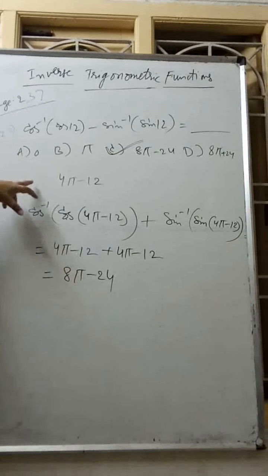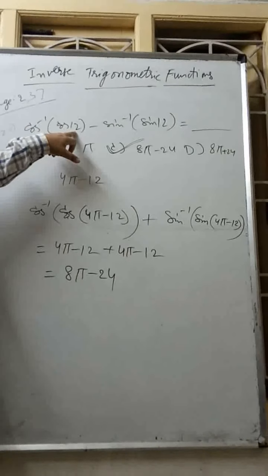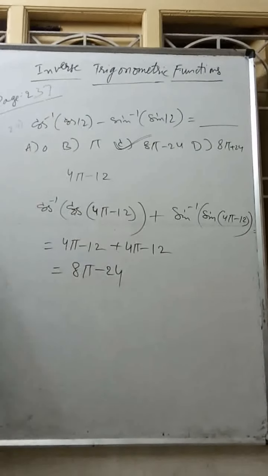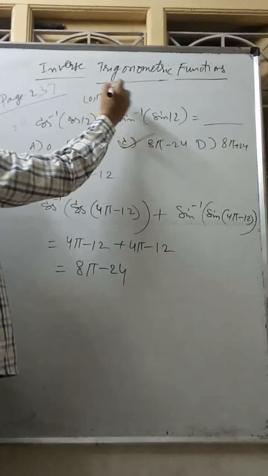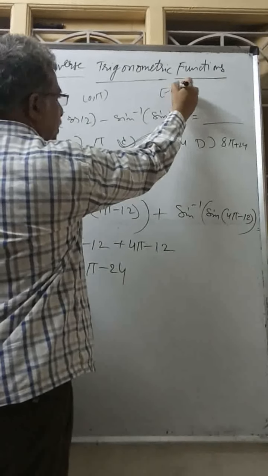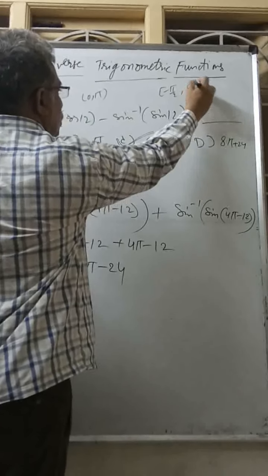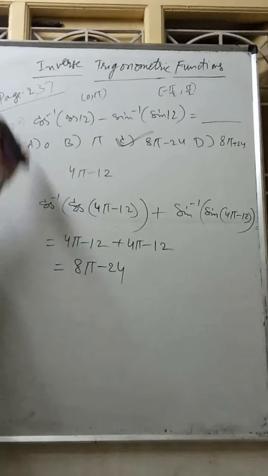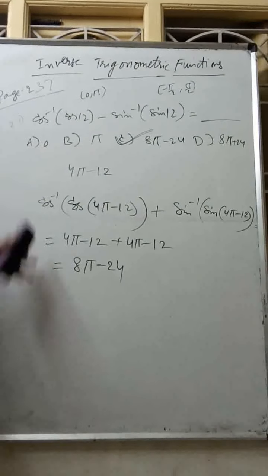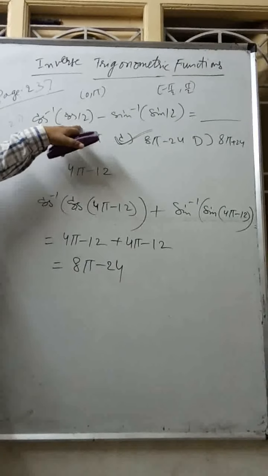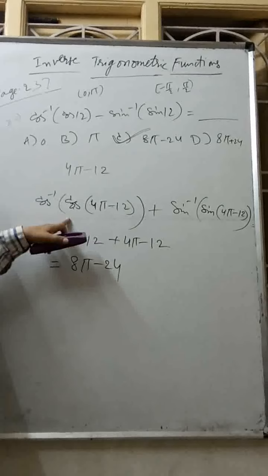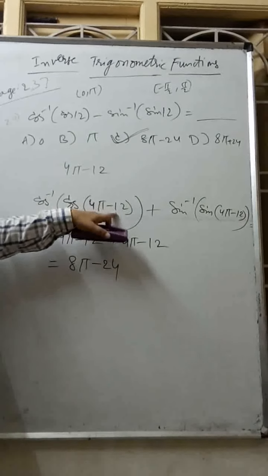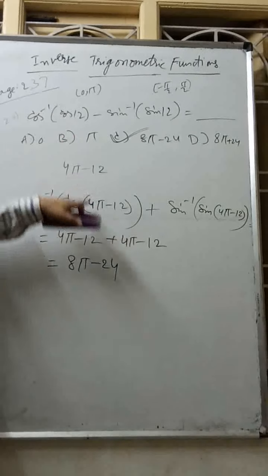So listen once again, this is 12 radians that do not come into our required domain. Cos domain is 0 to pi, it won't come into this. And this is minus pi by 2 to plus pi by 2, it won't come into this also. To bring into those two domains, I am writing 12 radians as 4 pi minus 12, so that cos of 360 minus theta is cos theta. So 4 pi minus 12 is cos 12 only. So I am not changing the given value.